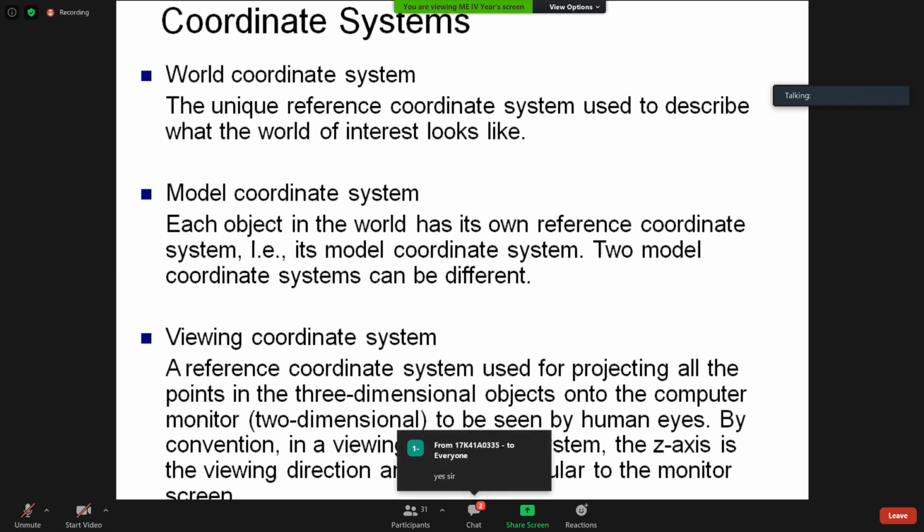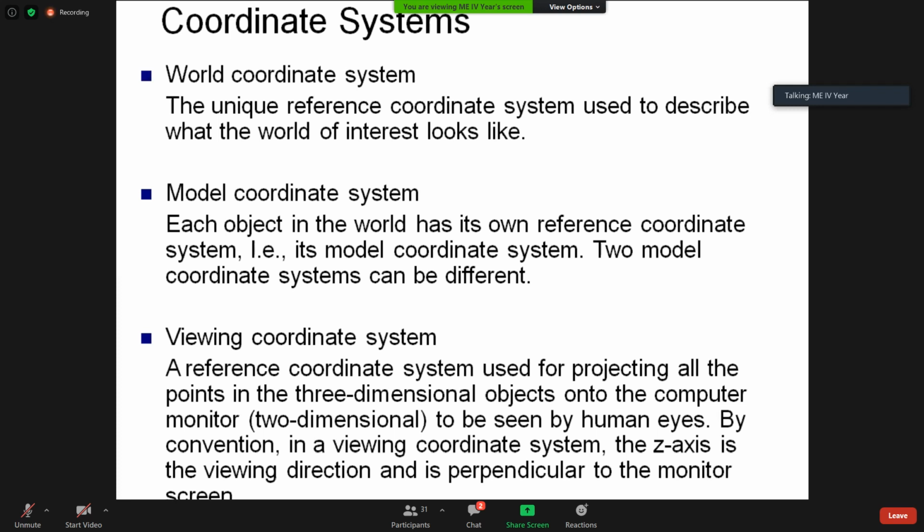Now I'm turning like this. Then this will be the second quadrant, this will be the third quadrant, and this will be the fourth quadrant.